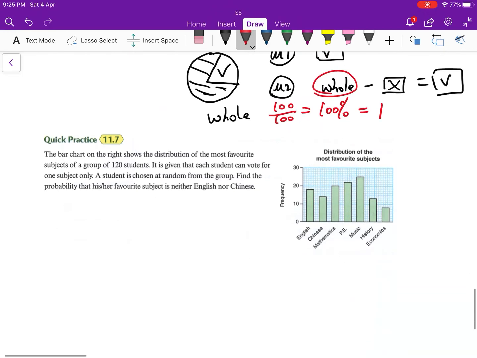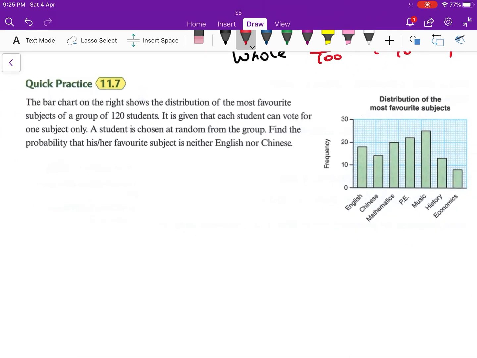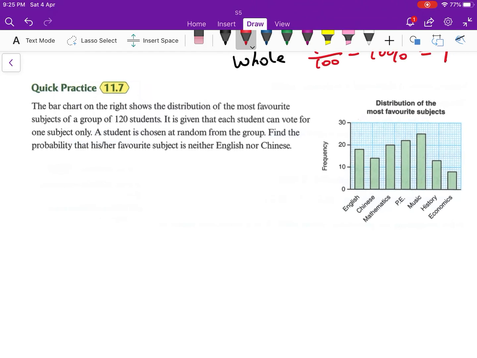Now, let's take a look at some examples, okay? How can we use the complement formula to do the calculation? So take a look at quick practice 11.7, okay? Here, the bar chart on the right shows the distribution of the most favored subject of a group of 120 students. So make sure that you highlight either keywords or numbers, okay, to help you do the